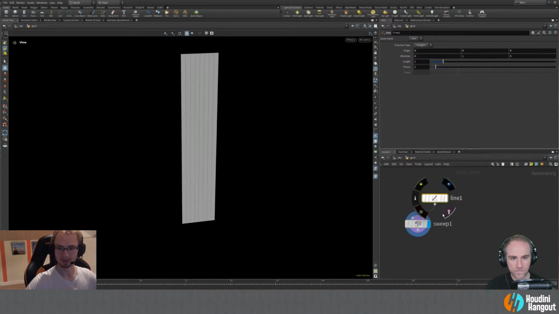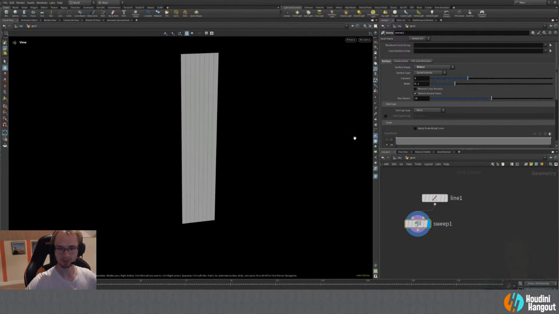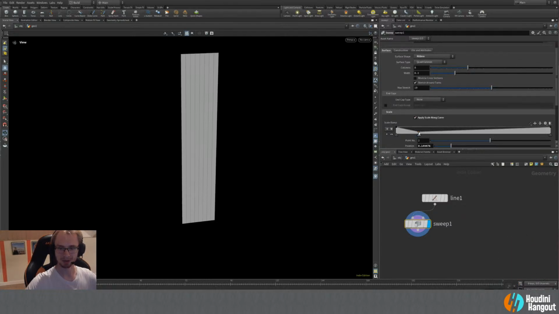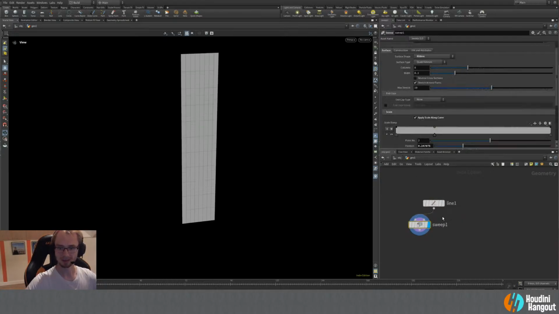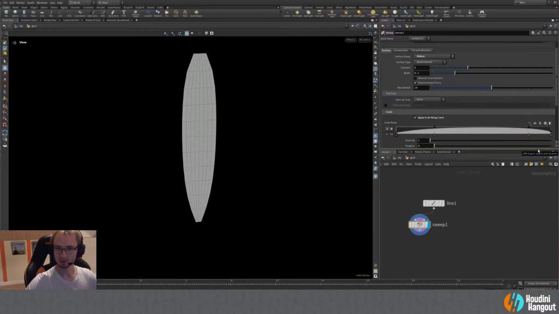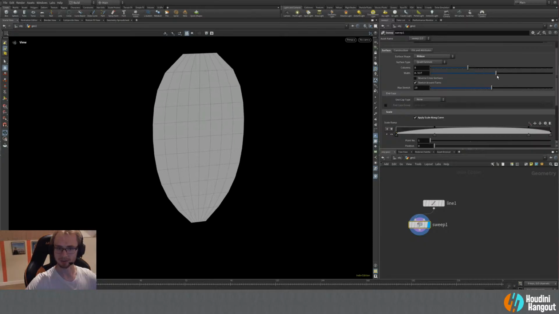You can see it needs a little bit more geometry, because right now if we apply the scale ramp here and we apply something in the middle, it doesn't do anything. So we just add more points. And then we can start shaping something like a petal shape. If I just make those smooth and increase the width,